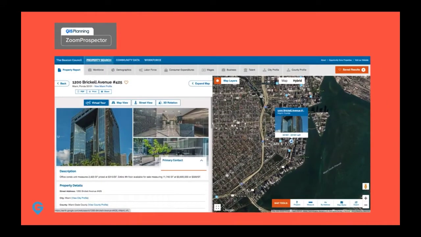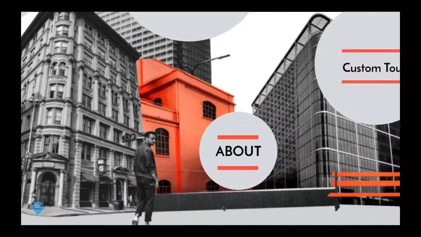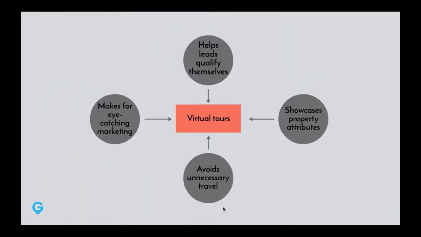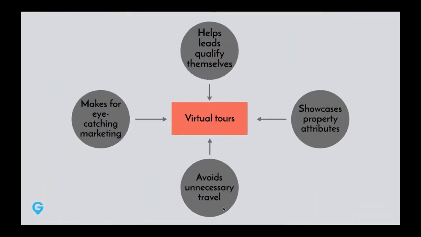You probably are familiar with our Zoom Prospector tool. This is an example of a property report from Beacon Council in Miami. And you can see that images, videos, and of course, Google Earth Map functionality is built into the tool to make it clearer than ever to get different kinds of imagery and pictures about the tool while you're actually in there. So part of what I'd like to do is talk a little bit about virtual tours themselves to